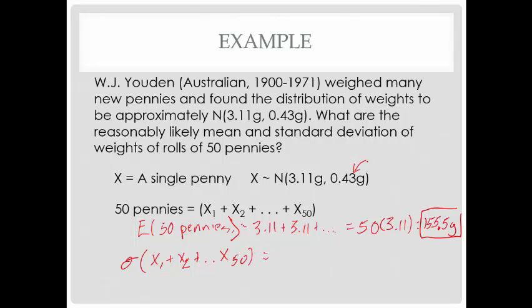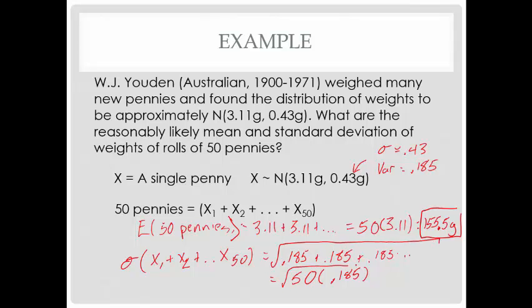So what we need to do first, this is standard deviation, it's 0.43, which means in order to figure this thing out, we've got to convert to variance. For the variance, 0.43 squared, we'll call it 0.185. What we'd have to do is add variance after variance after variance all the way up. And you think about how many of those are there? Well, there's 50. In other words, we've got 50 times 0.185. Now to get back to standard deviation, remember, we're going to end up taking the square root of all that. To get variance, we'll end up doing 50 times 0.185. We take the square root of that answer,